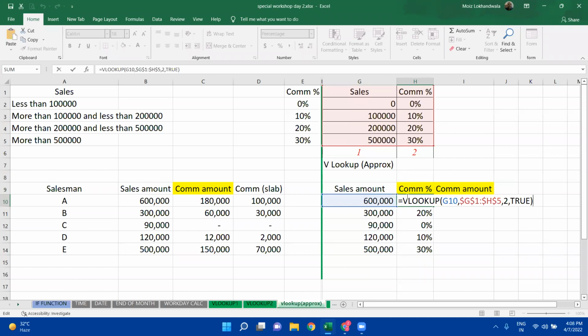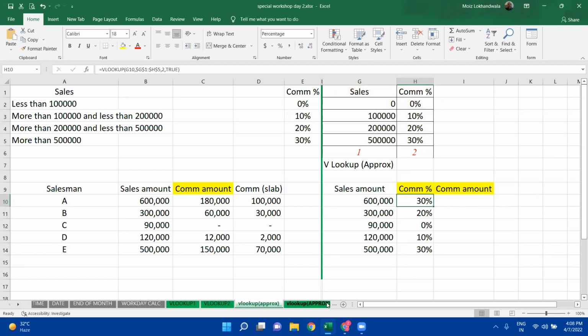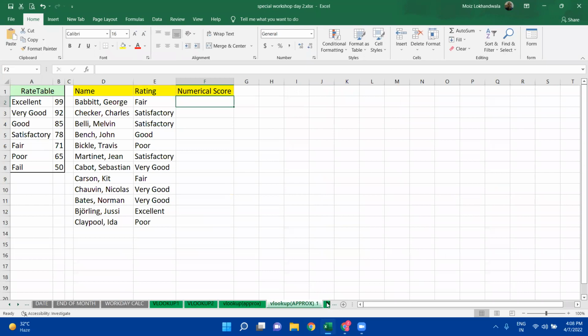Okay, fine. Going quickly to the next sheet. That is also a lookup approximate. Now just imagine what happens over here. Why can't we use approximate over here? What I'm supposed to do is find from this rate table the numerical score for this name whose rating is fair. So I use Vlookup very quickly based on the rating. So rating will be my lookup value, comma,